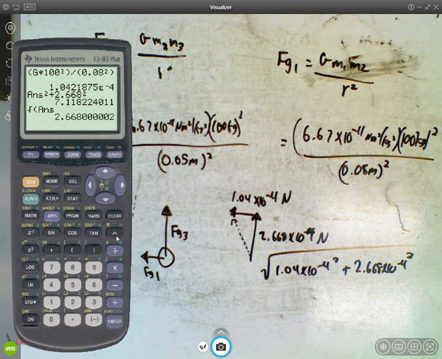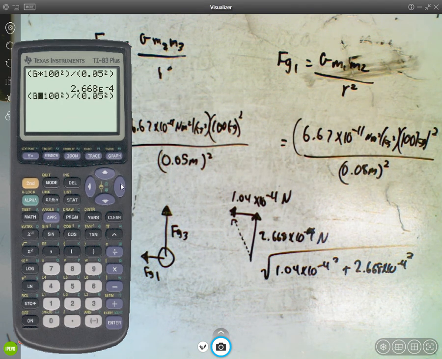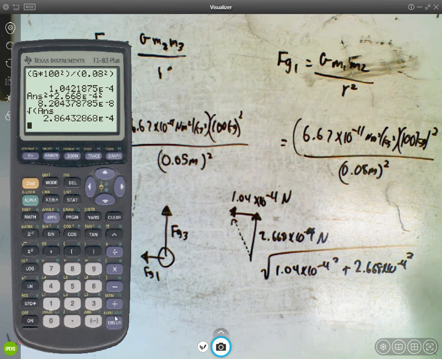Shoot. Let's try that again. Okay, that's the first one. And then this is the second one. Sorry, this is an old calculator, so I can't just grab the answers. Okay, so let's do that squared plus 2.668 times 10 to the negative 4 squared, and then I'll square root my answer. So I get the net force to be